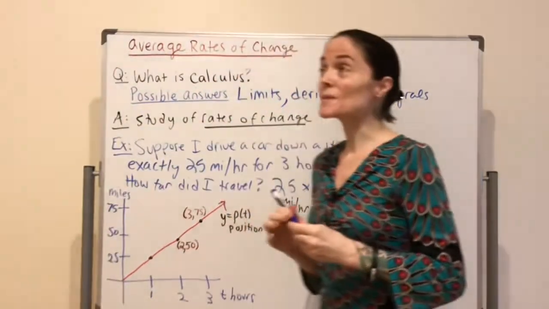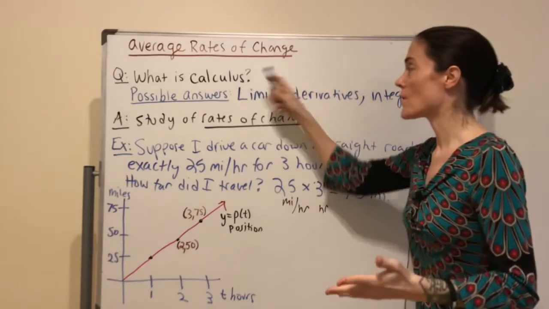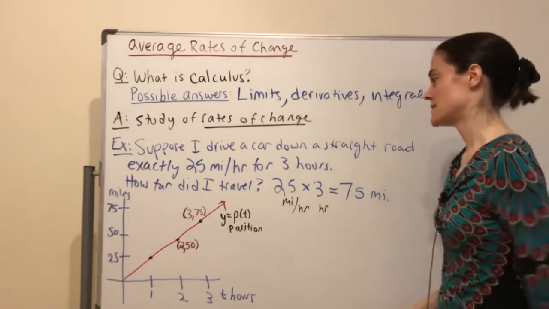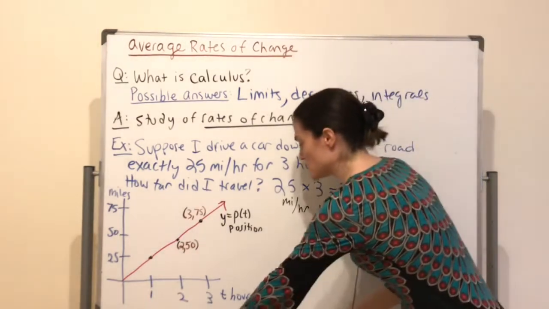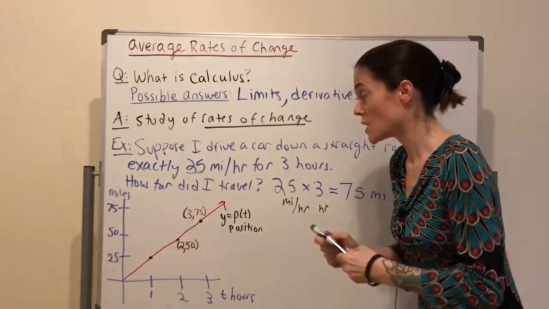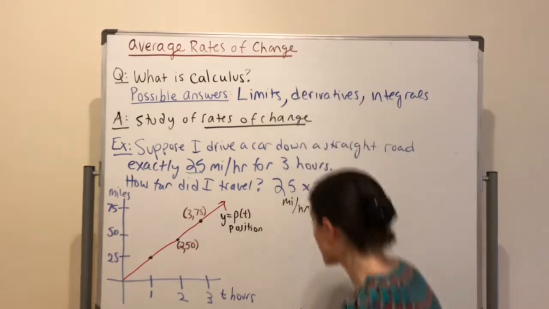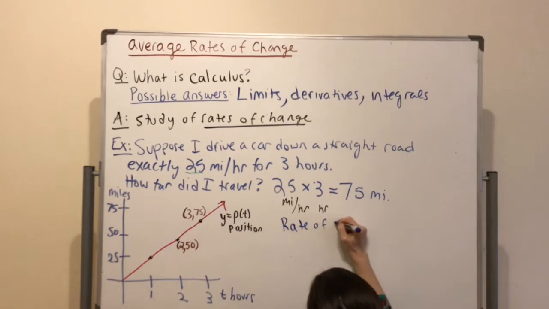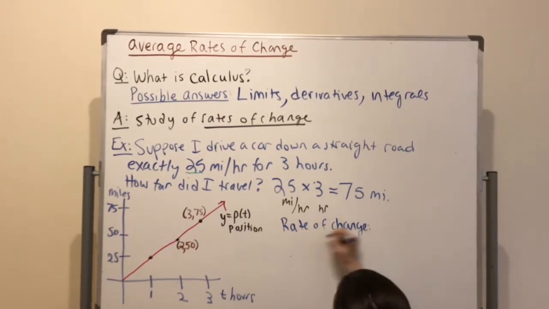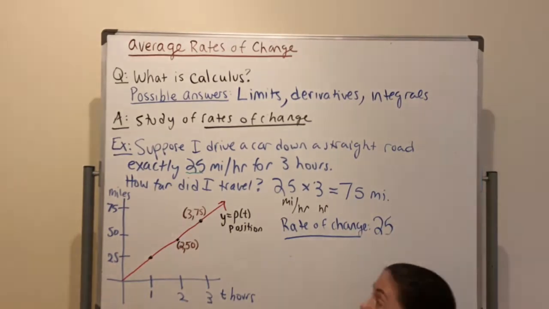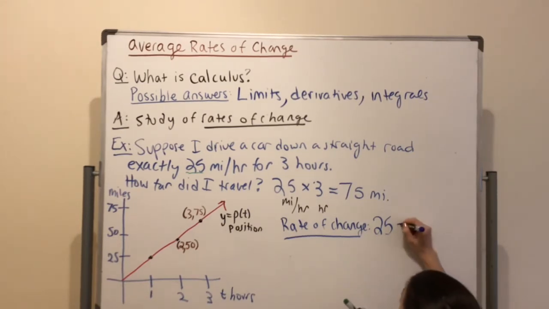Okay, now, look at the board, average rates of change. The question is, what is the rate of change? Well, I've given it to you. Oh, pardon me. Here, this is the rate of change. We know it without even thinking about the graph, but the rate of change here is 25. But what is the number? Well, 25 miles per hour. But what is this? This is the slope